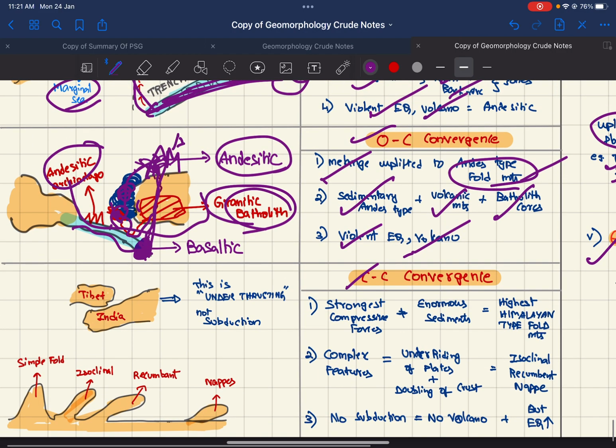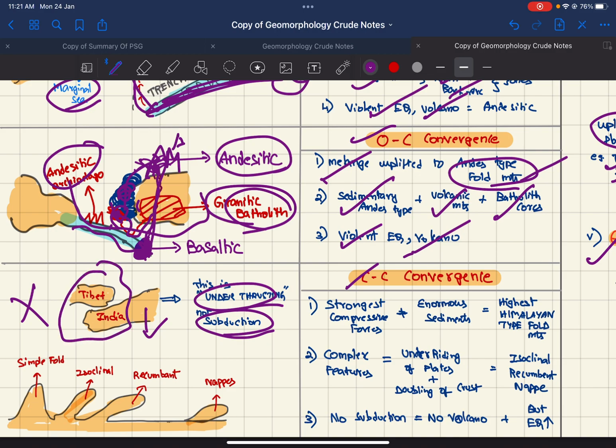Next, the CC type, we have the underthrusting but no subduction, because continental material does not subduct. Since there is no subduction, there will be no volcano, and there will be a phenomenon called doubling of crust, where the crust doubles and becomes very tall. Since there are large compressive forces and enormous sediments, there will be formation of the very high Himalayan type